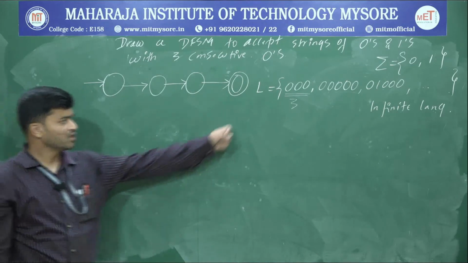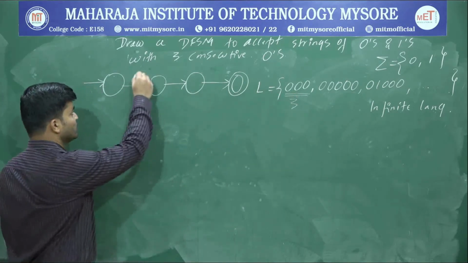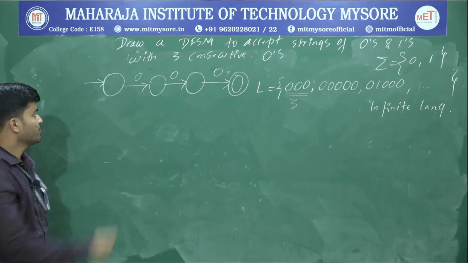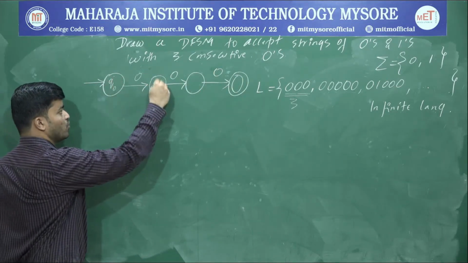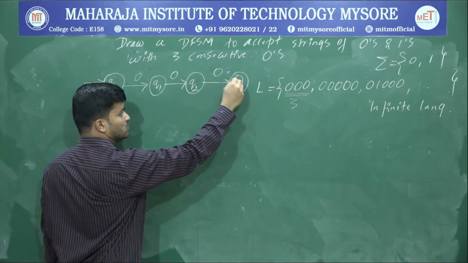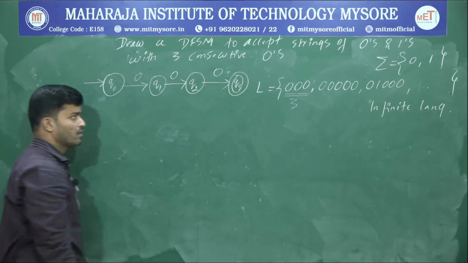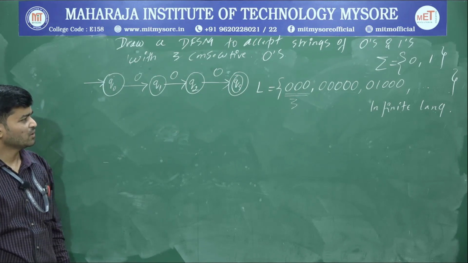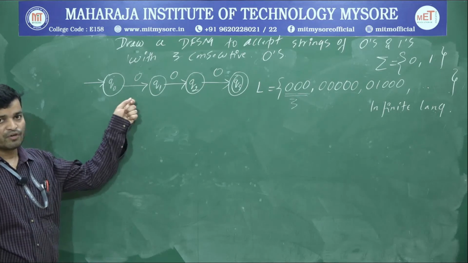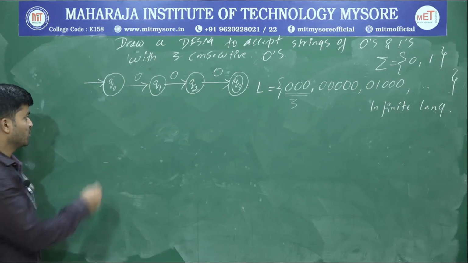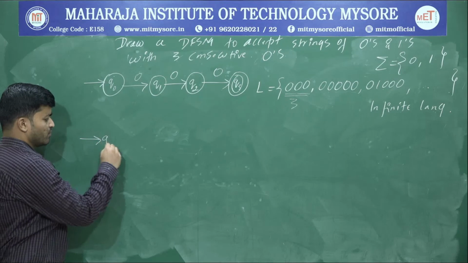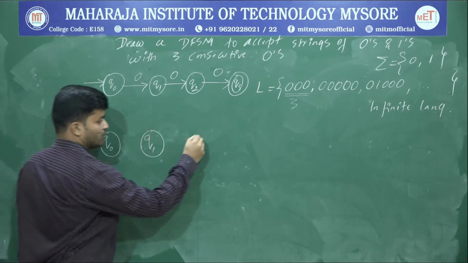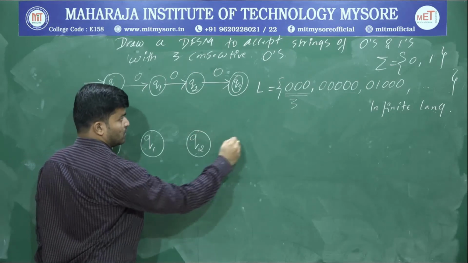After making the correction, whatever the minimum length string is, you write that as it is: 000. And name all the states: Q0, Q1, Q2, Q3. So now this is going to become the skeleton. Now I have to build the muscle. In order to build the muscle, rewrite this one more time: Q0, Q1, Q2, Q3.